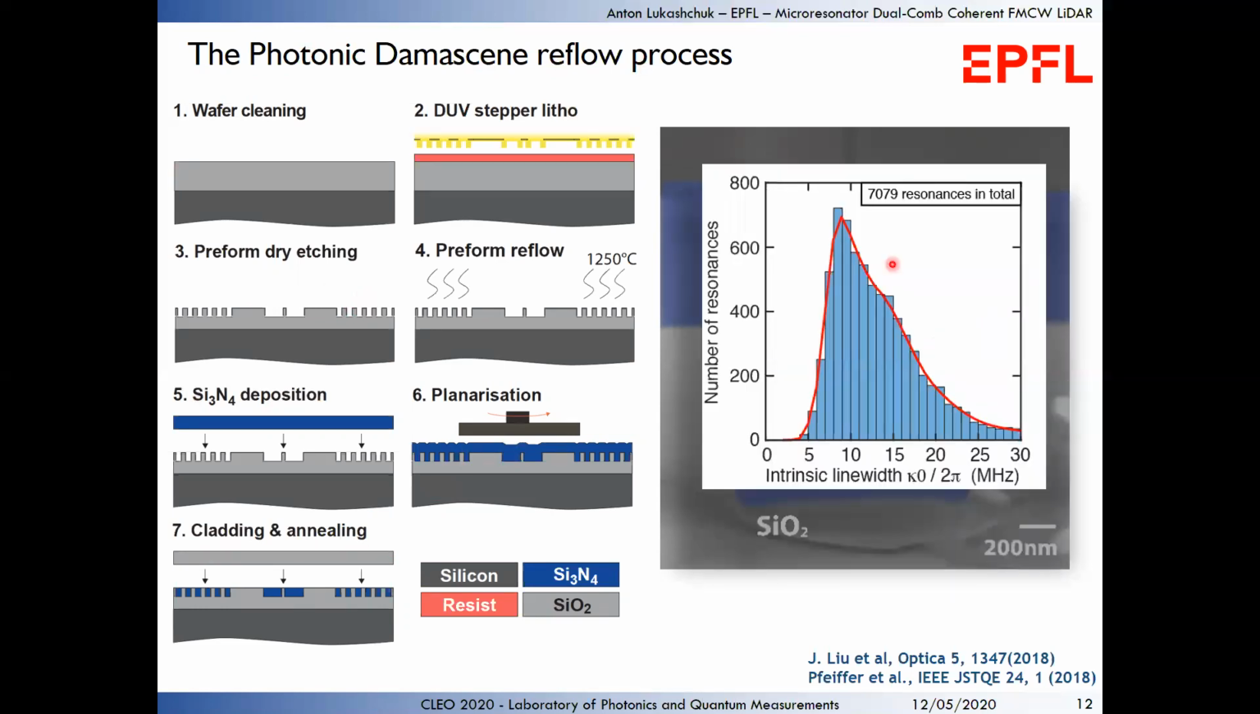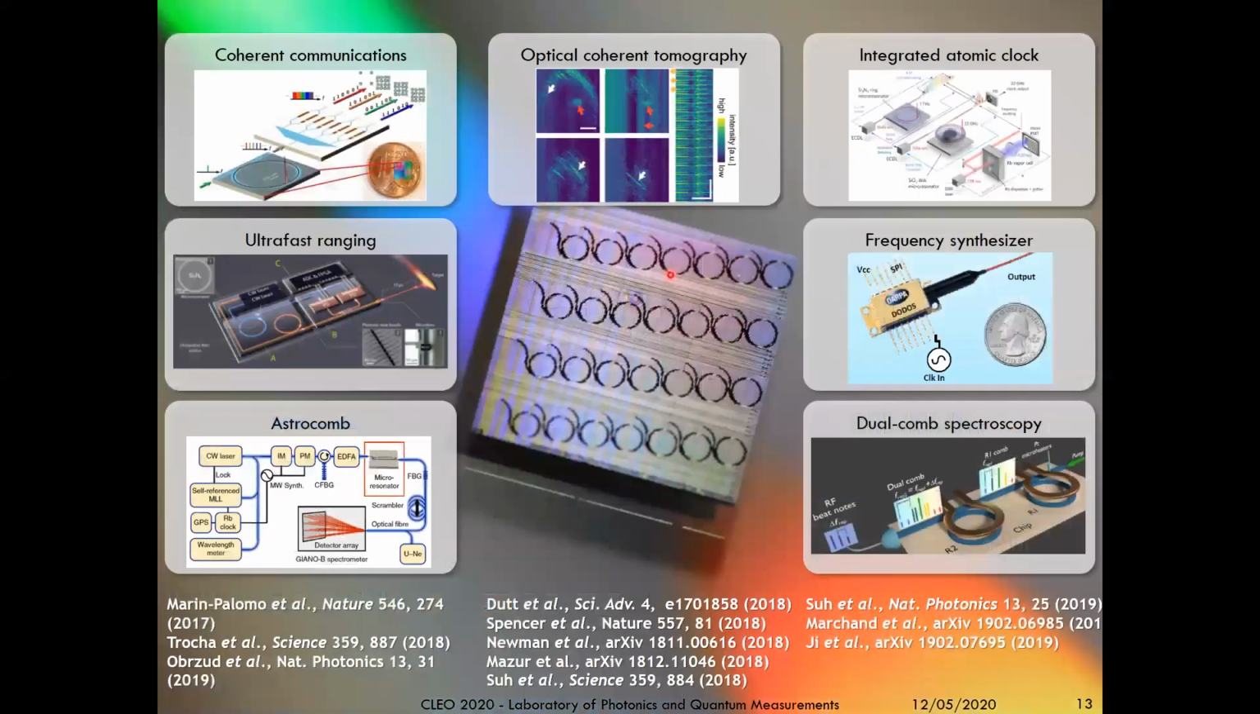And this Photonic Damascene process allows us to have extremely high quality factors, more than 20 million, which corresponds to an intrinsic linewidth of 10 megahertz. And this is the most probable value for all of the resonances on the batch that were measured. And this is how the chip looks like, a 4x4 millimeter chip with 100 gigahertz microresonators, where the radius